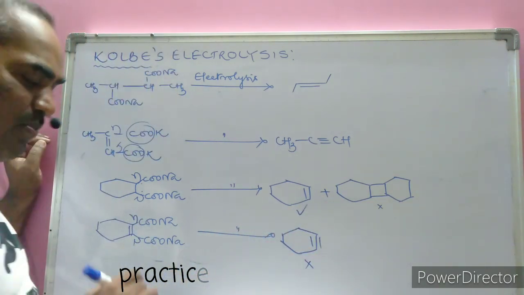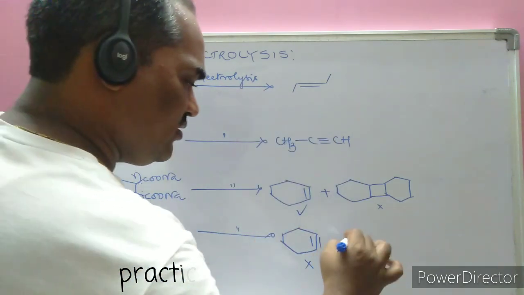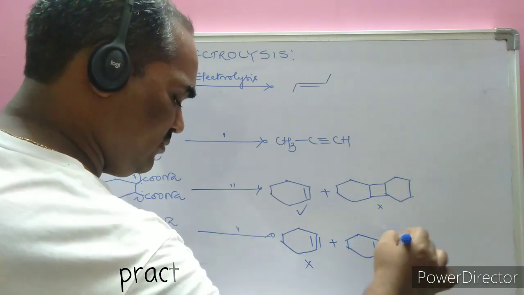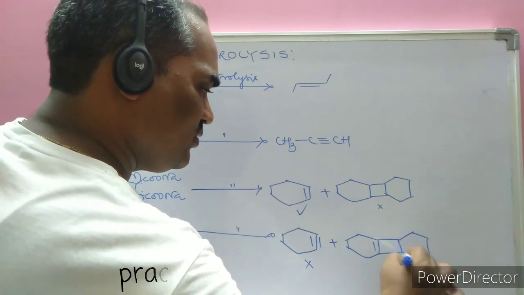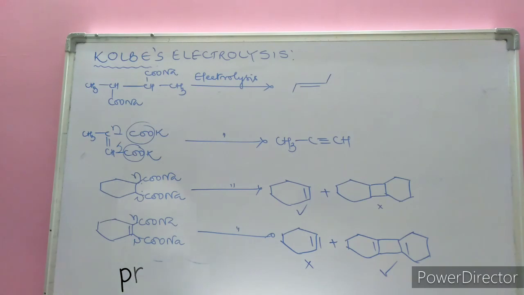Hence, it is less in proportion, where another molecule of the same type is going to join. Here a double bond is present and another molecule of the same type is joining together. This is the major product. You just observe the difference between those. Why are the abnormal products forming?